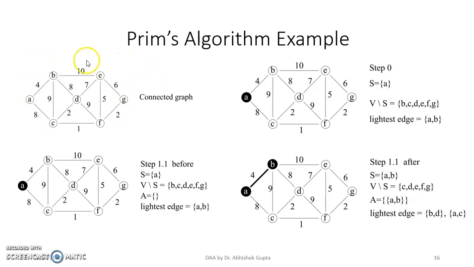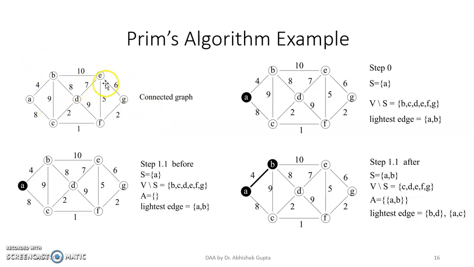So consider this is one weighted graph, right? You already know that we can apply this algorithm in a weighted graph only. If weights are not there, then there is no need to apply Prim's algorithm. When we cannot calculate the cost, then we cannot apply the minimum spanning tree, right? So it requires a weighted graph. On the basis of weight only, we decide which edge needs to be kept and which edge need not be kept, right?